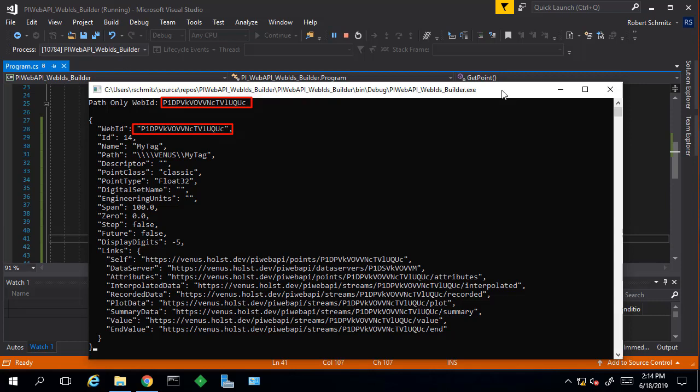Now, when we see the response returned to us, we see that the path-only WebID is the same one being listed in the response. Additionally, you'll notice that each of the links are much shorter as they only contain the path-only WebID as well. This is saving on the overall size of the response message.